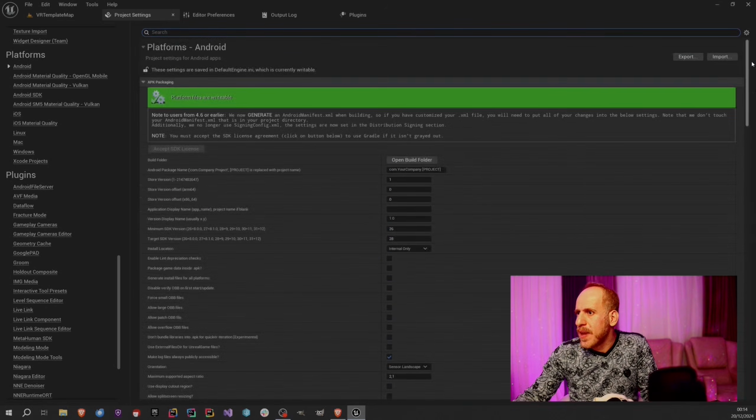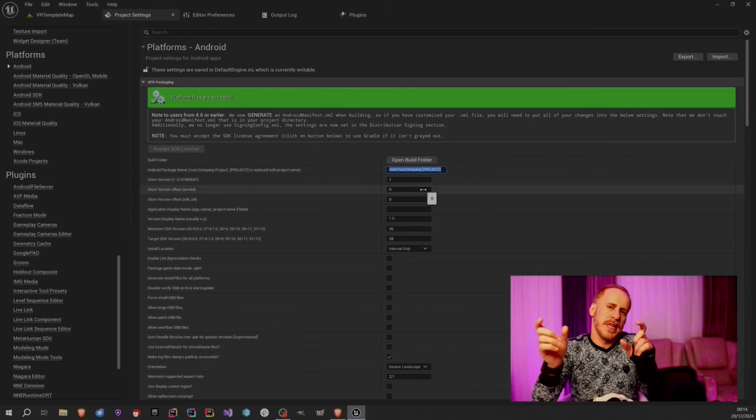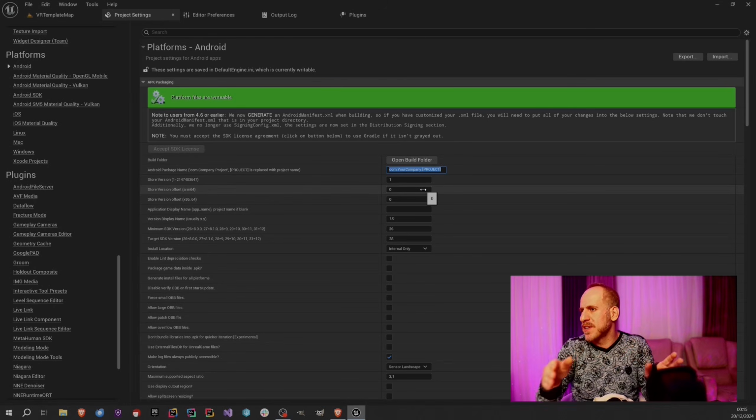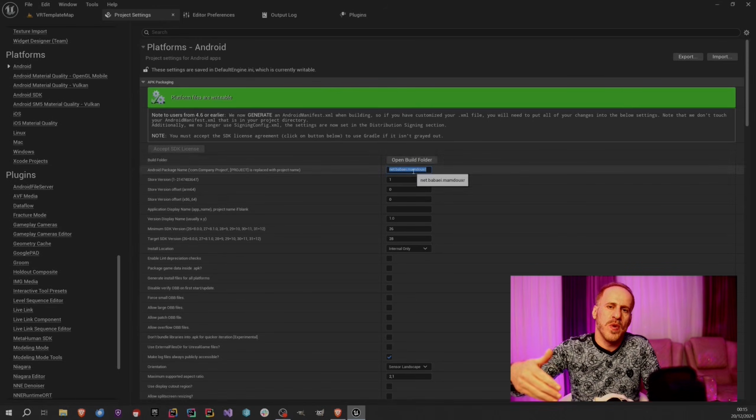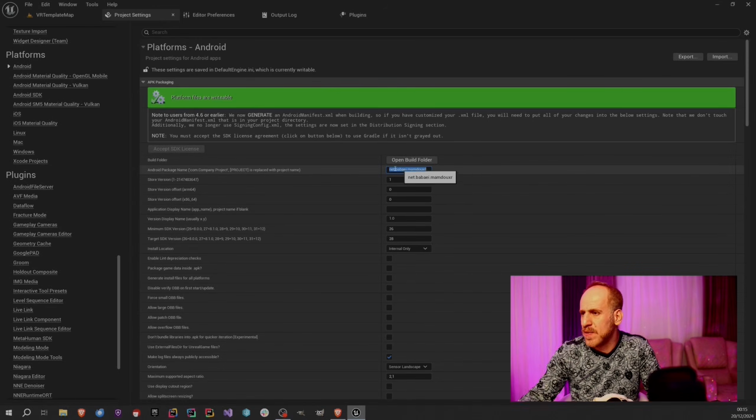Okay, this is done. Then here you have to give a name. Basically, it's customary on applications, for example, you put your company's domain name in reverse order and .project name. For example, I'm going to choose net because my website is babai.net. It's just a random name. You can just put whatever you want in there. Then I'm gonna put Mamadou XR. This is basically an ID for Android. Once you reinstall the APK or install a newer version,